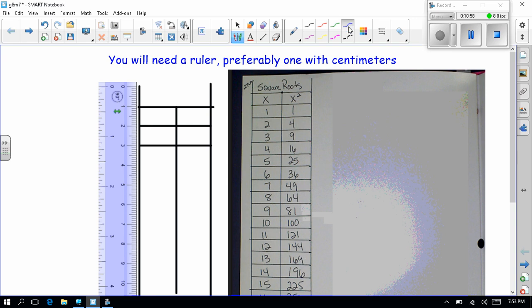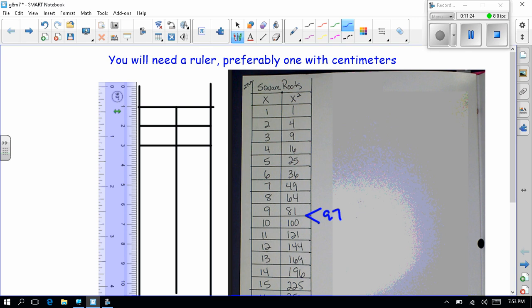Looking here, 97 is greater than 81, but it's less than 100. So it'd be somewhere in this space. It's closer to 100 than it is to 81. So if I took the square root of 81, I get 9, and the square root of 100, I get